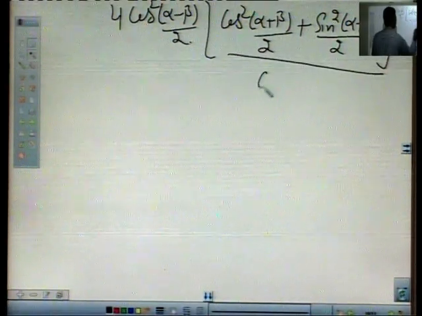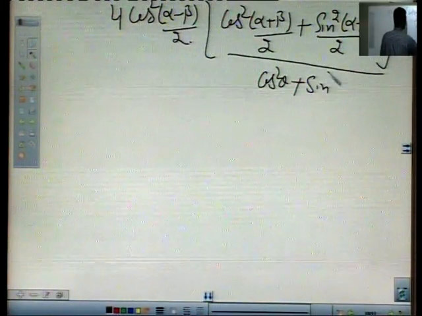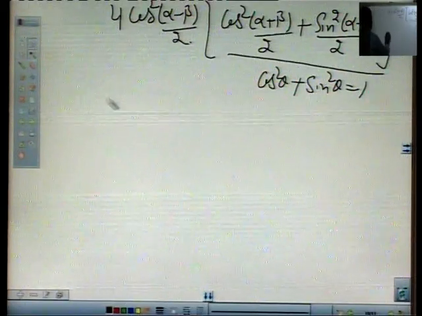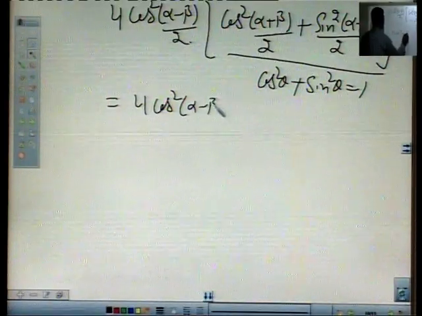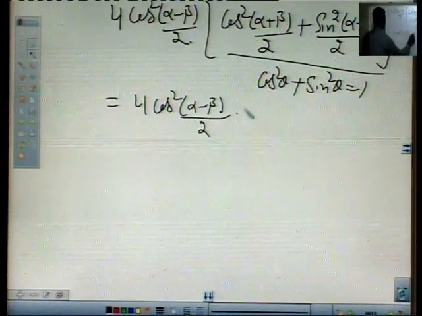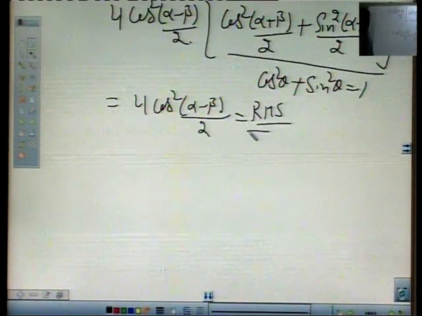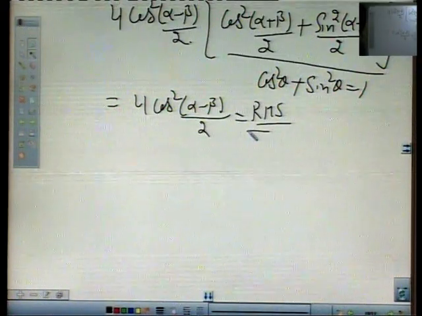And we know this basic identity, cos square theta plus sin square theta is equal to 1. So you will get 4 cos square alpha minus beta by 2, and this is your required right hand side, right? Now next